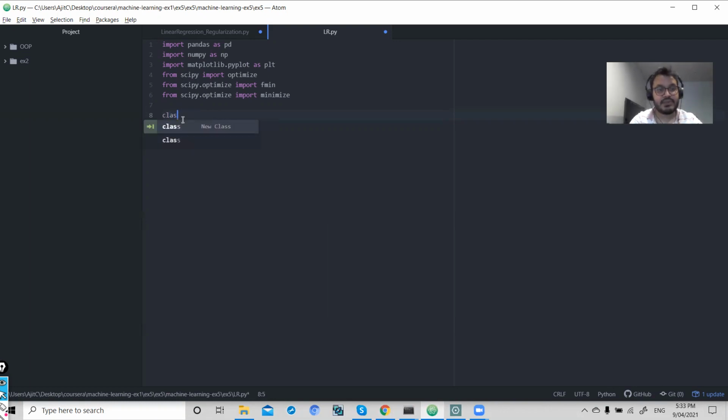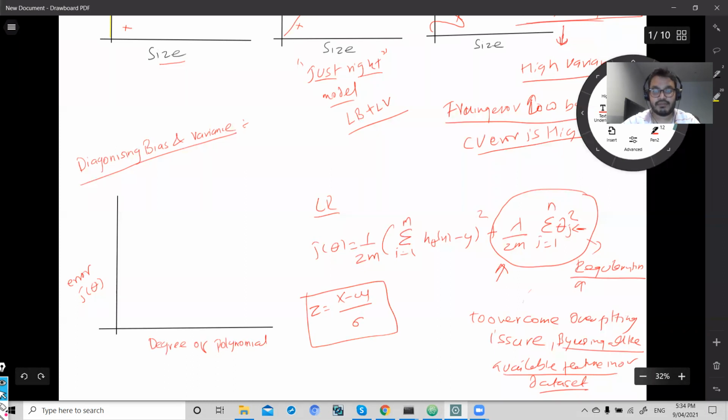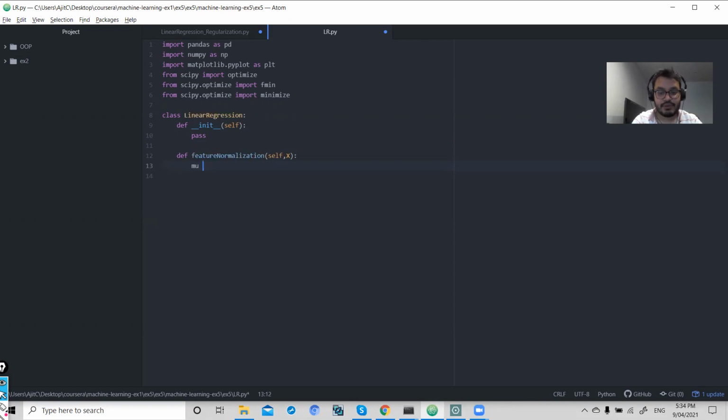So let's create a class for linear regression. My first function init should contain self. Then I will write my feature normalization. We know that feature normalization means z score, where z is x minus mu divided by sigma. So we will write this equation. My mu will be np dot mean of x,